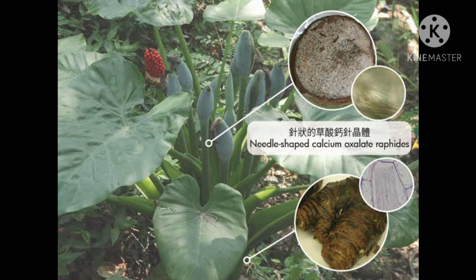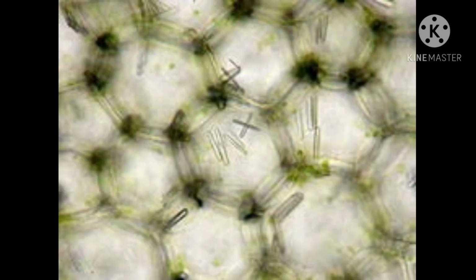It is a common experience that whenever we eat jimmykand and the leaves of arvi, it can cause irritation in the throat. The reason for this is the sharp ends of crystals, you can see in this picture, which are present in the cells of the leaves and prick the inside of the throat. Whenever you eat jimmykand or leaves of arvi, it causes some irritation in your throat because the crystals prick the inside of the throat, and they are called raphides. You can see in this picture, and the coming picture also, the sharp ends of raphides.